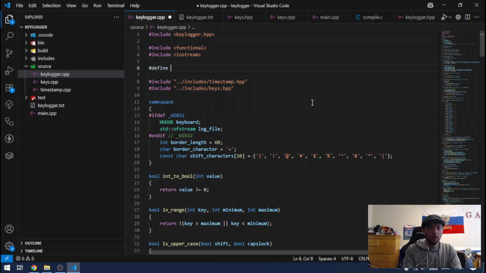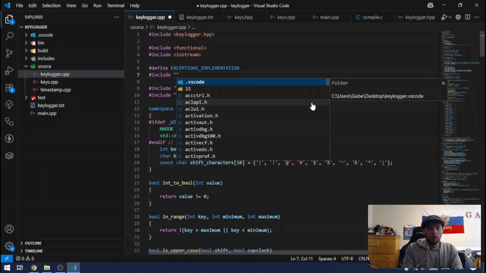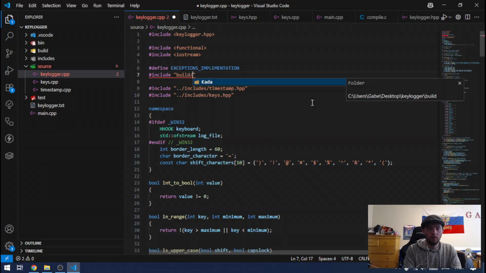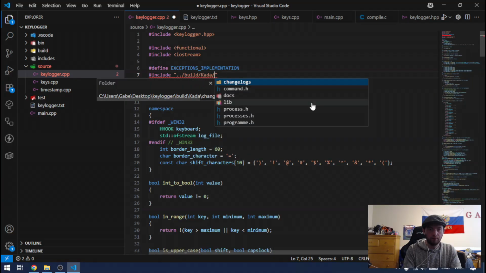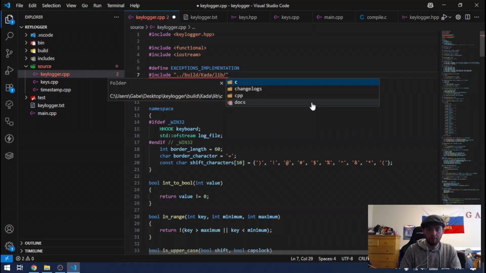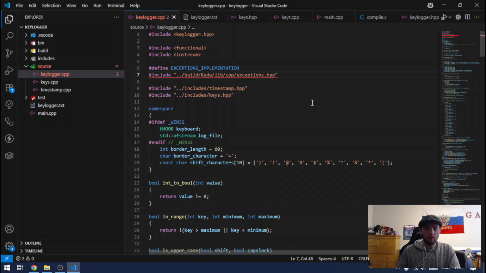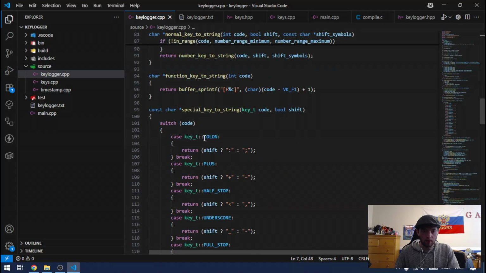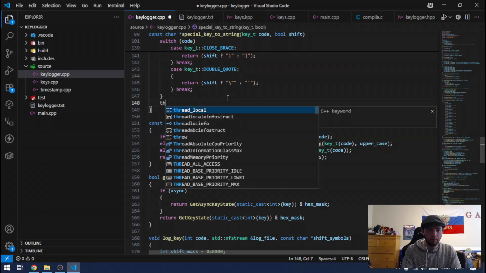Define exceptions implementation, and we're gonna include build cata lib cpp exceptions. So what I'm gonna do is go here and we're gonna throw